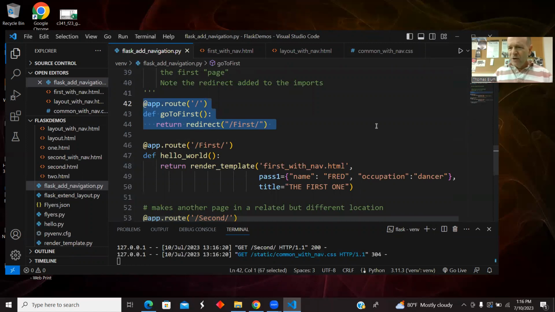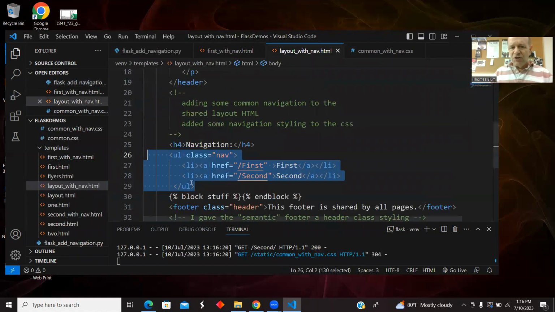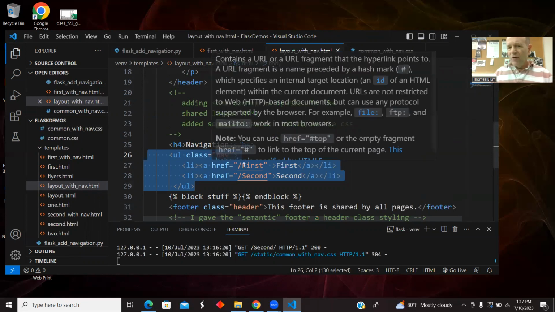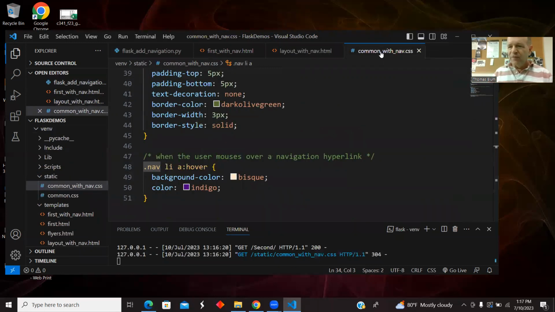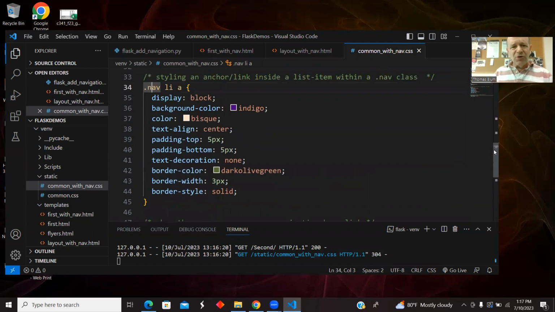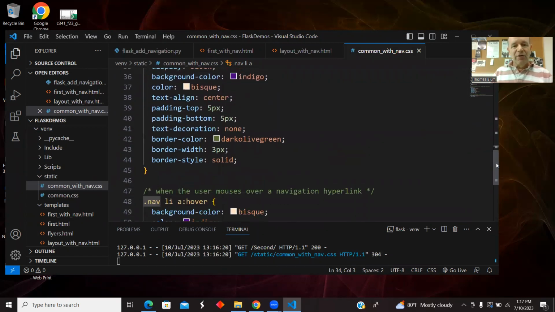And then the rest of it was basically HTML, CSS kind of changes of adding a navigation to the layout with a reference. And we're referencing the routes here. The pages will be worked out sort of behind the scenes. So our hyperlinks are just two routes. And then look up your favorite styling of a menu for a navigation menu. Okay, that's what I'm. Let me show you a change to the